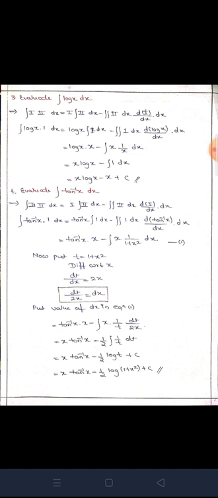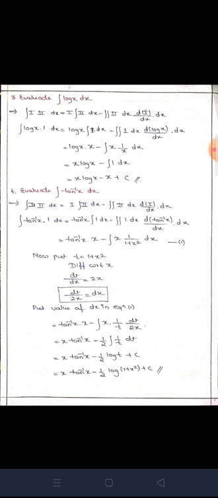After that, in the next step I have written integration of log x into 1. So the first term is log x and the second term is 1. Substitute in the given formula, that is log x integration of 1 dx minus double integration of 1 dx, differentiation of log x with respect to x dx. Fine. So in the next step, log x as it is. Integration of 1 will be x, minus, integration sign as it is, integration of 1 is x and differentiation of log x is 1 by x dx.